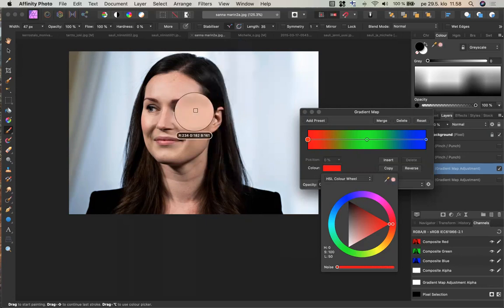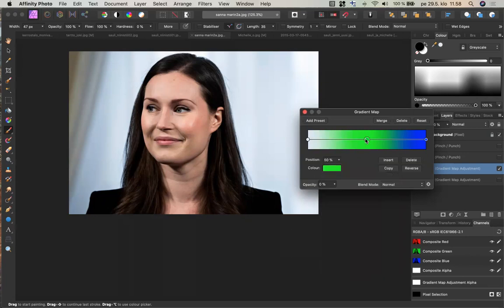The question is, should I take the skin tone or not? But let's take this one here. And then to make it actually work here, I need to click here once more. That's there. Then I'll go to the middle area and change the color picker